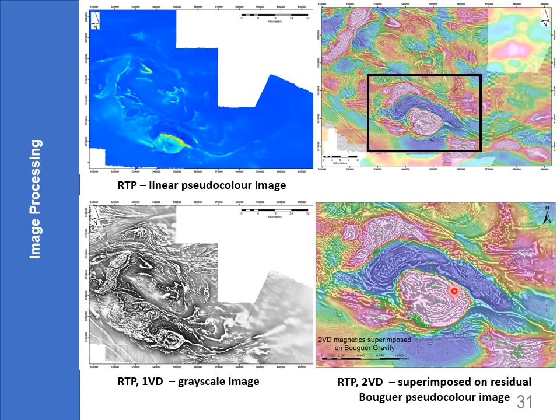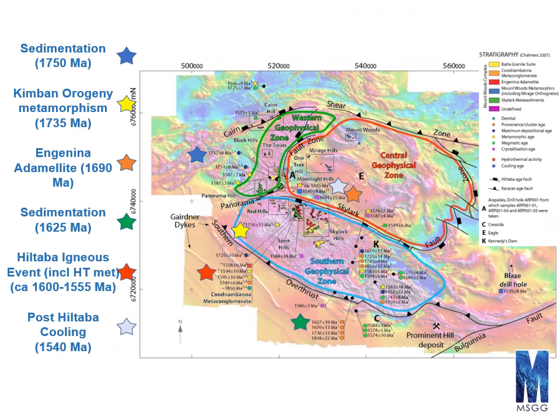And if we zoom in into an area just surrounding Prominent Hill, you can see enormous amounts of detail, not only in terms of different rock packages, but also significant structural features. You can see impressive shear zones here, folded stratigraphic packages that are doubly plunging through here. These are essentially mafic rock suites that are related to the Hiltaba suite, and some of these ones here are related to the felsic packages. So there's an enormous wealth of information that can be gleaned from this.